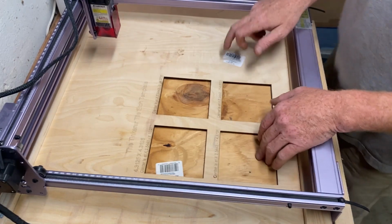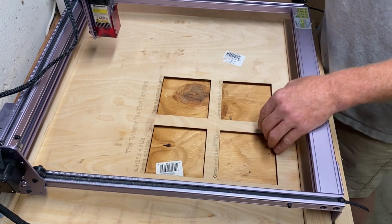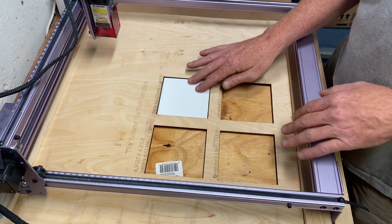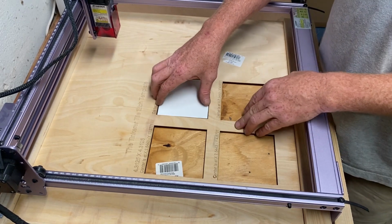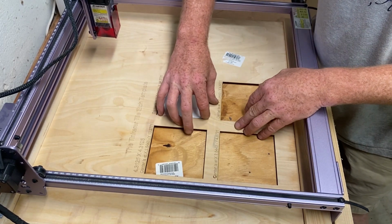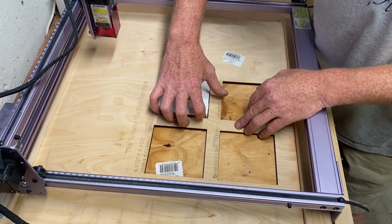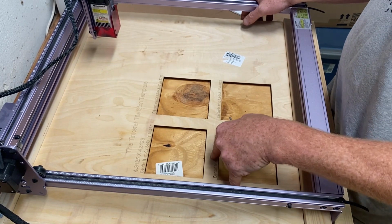All right, I just want to go through the steps I used to make this tile etcher template. Basically, I made this template so I can slide these tiles in. They won't shift around. I'll be able to etch them. And basically, to cut this out and how I laid it out on the software,